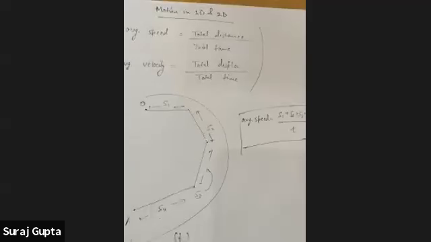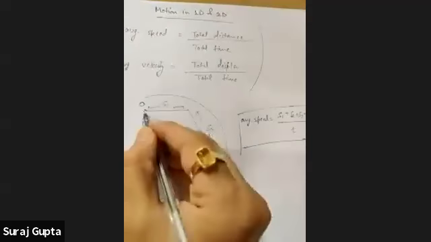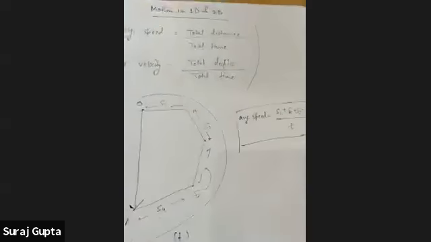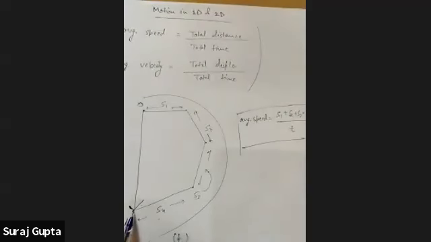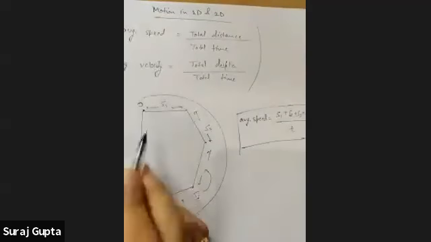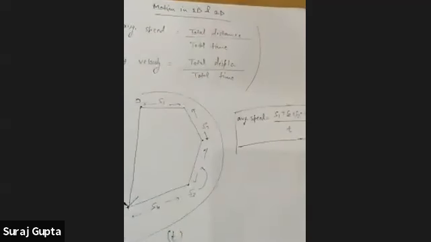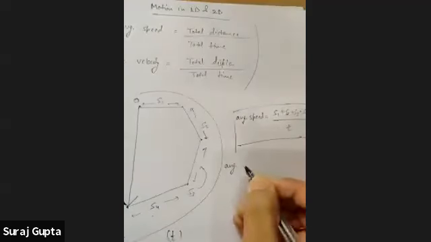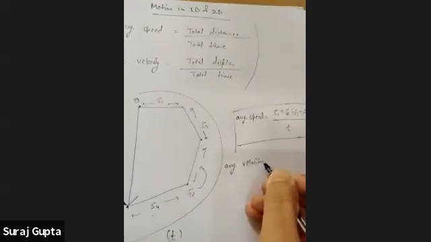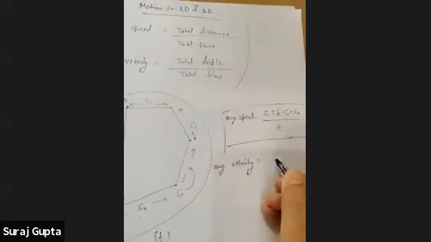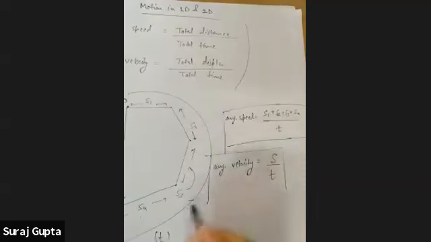Correct. Now, if we talk about average velocity, we all know that velocity is a vector quantity. So we need displacement. And what is the displacement between O and A? It is the line joining O and A, and this would be the displacement vector. The head of this vector is here, and this is the tail. If this OA distance is capital S, then average velocity is total displacement, which is S, upon total time taken during the journey, which is t. Average velocity would be S upon t.